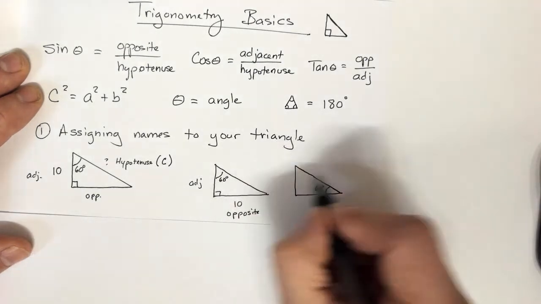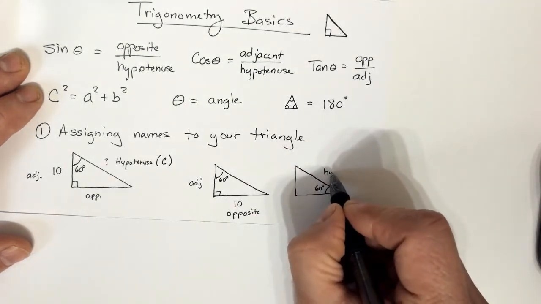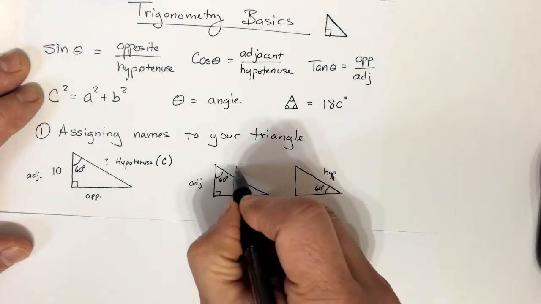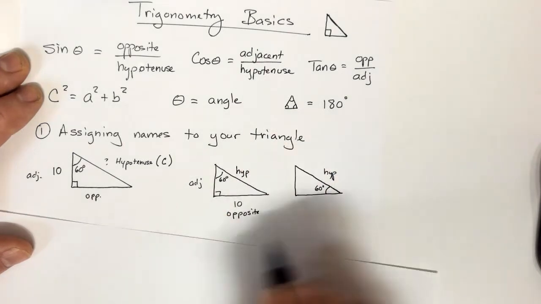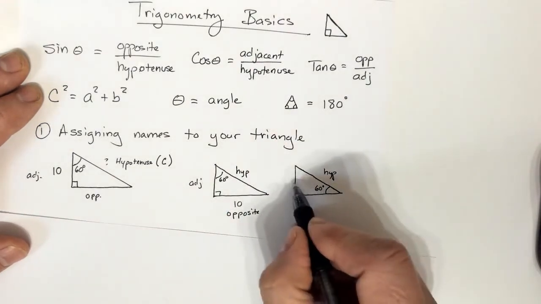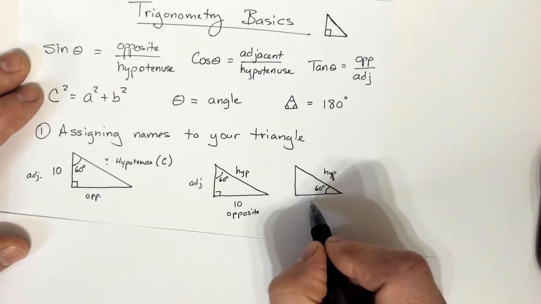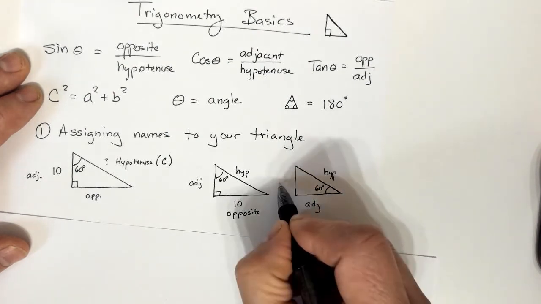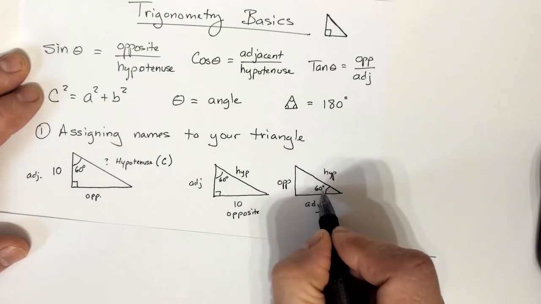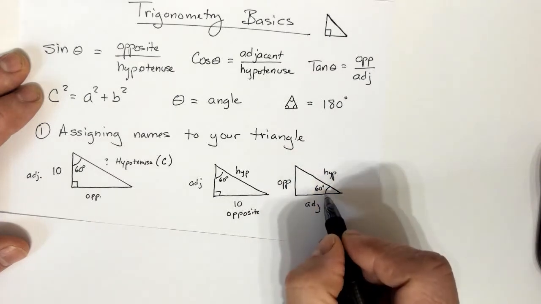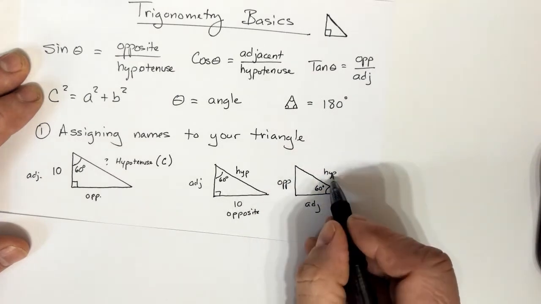Okay? This is still my hypotenuse, just like this is. Okay, but now because the angle is down here, this becomes my adjacent side and this becomes my opposite side, because it opens up to the side, and the side that touches the angle that's still less than the hypotenuse